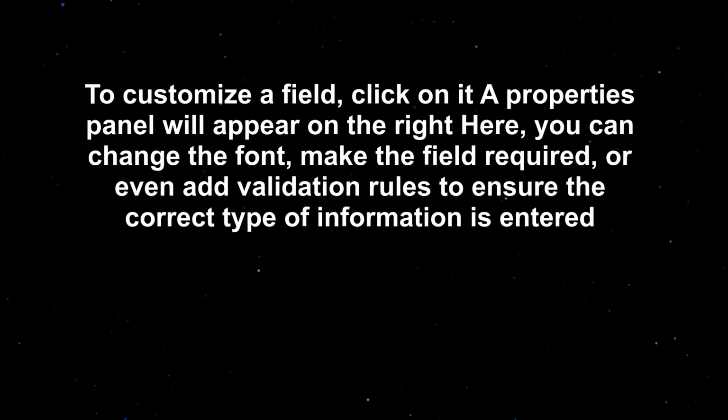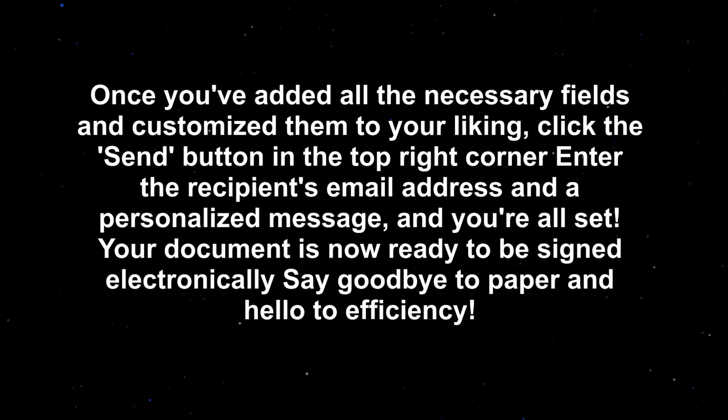To customize a field, click on it. A properties panel will appear on the right here. You can change the font, make the field required, or even add validation rules to ensure the correct type of information is entered. Once you've added all the necessary fields and customized them to your liking, click the Send button